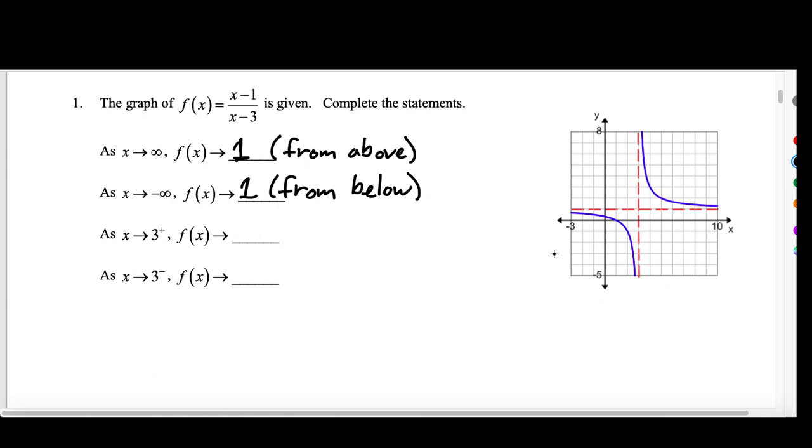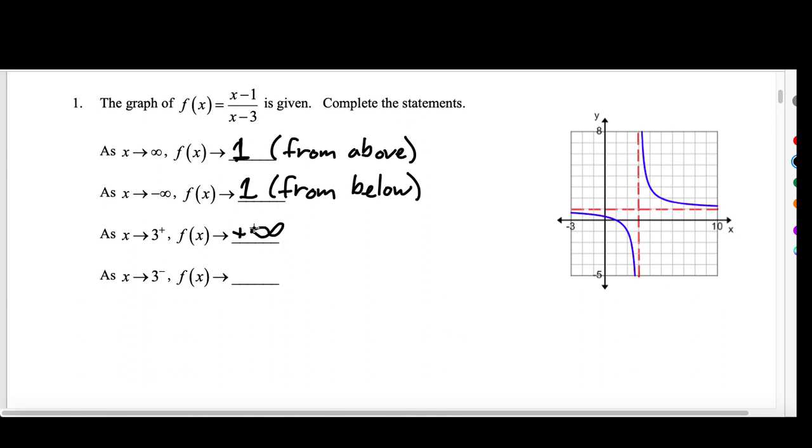And then over here, what we see is that the vertical asymptote actually is a vertical line that passes right through x equals 3, right? So when it says as x approaches 3 plus, that's saying as x approaches 3 from the right. So as we move closer and closer to the vertical asymptote, what happens to the graph? Well, we see it just increases, right? It keeps going up and up without bound, right? So we would write that as f of x approaches positive